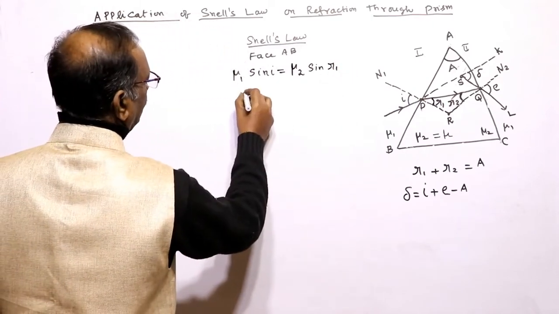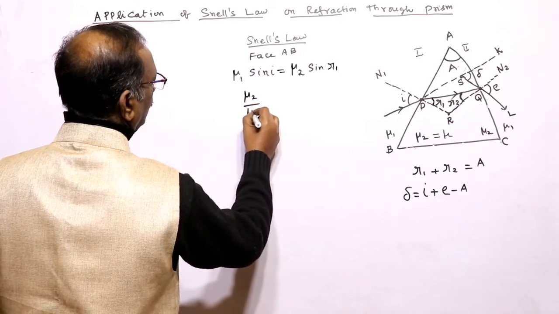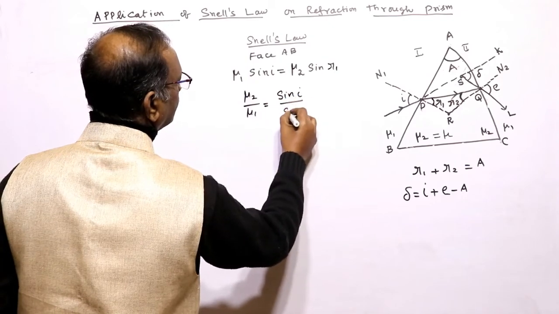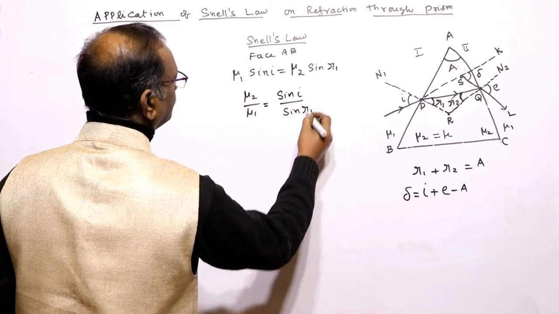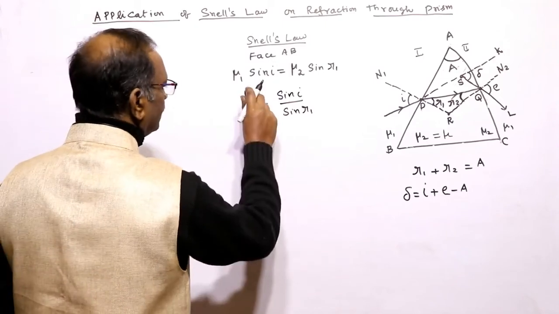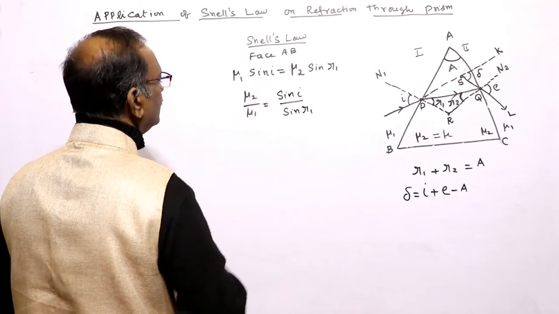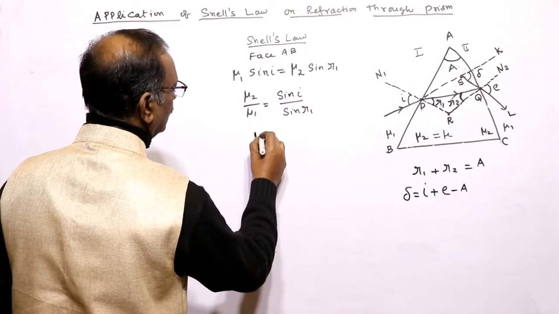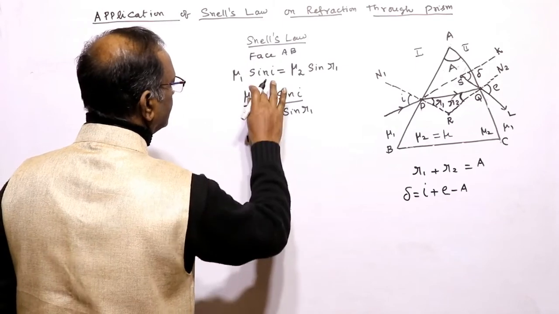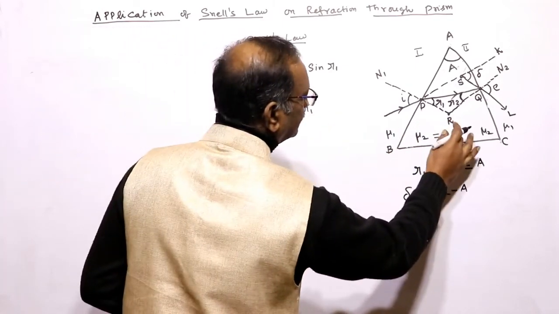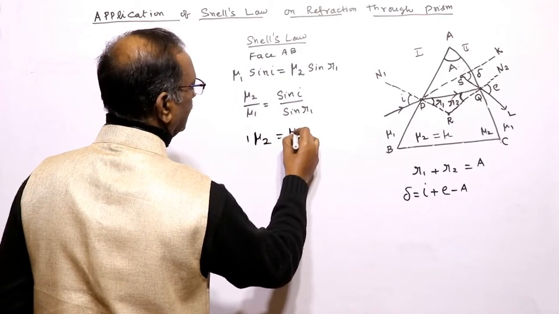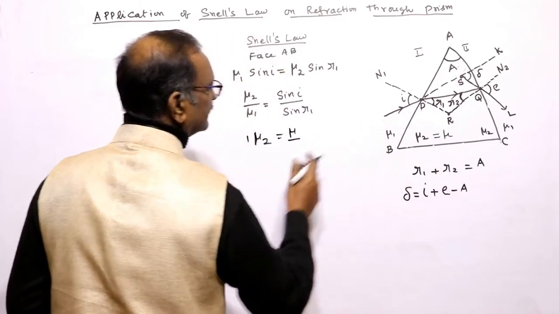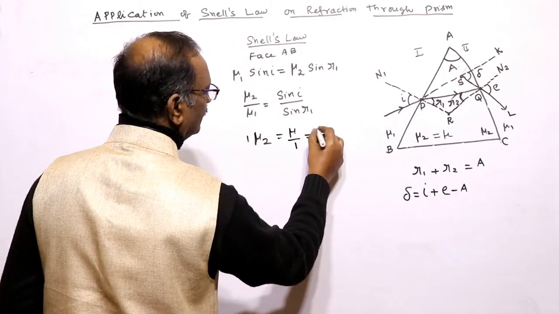or we can say mu2 by mu1 is equal to sine I by sine R1. Mu2 by mu1 is equal to the refractive index of the prism material with respect to the refractive index of the surrounding medium, or we can write it as mu 2 1. Since the refractive index of the prism material is mu, and the refractive index of the surrounding material air is equal to 1, we can write